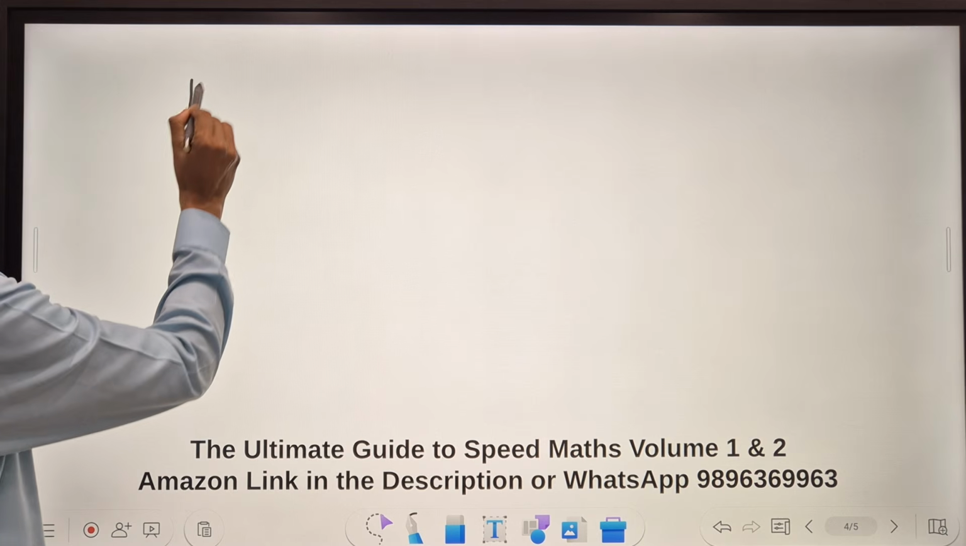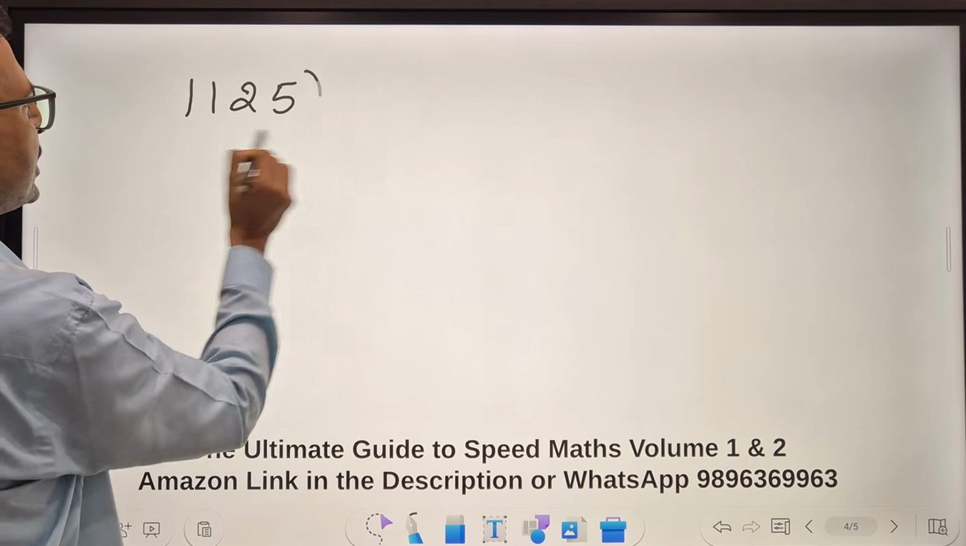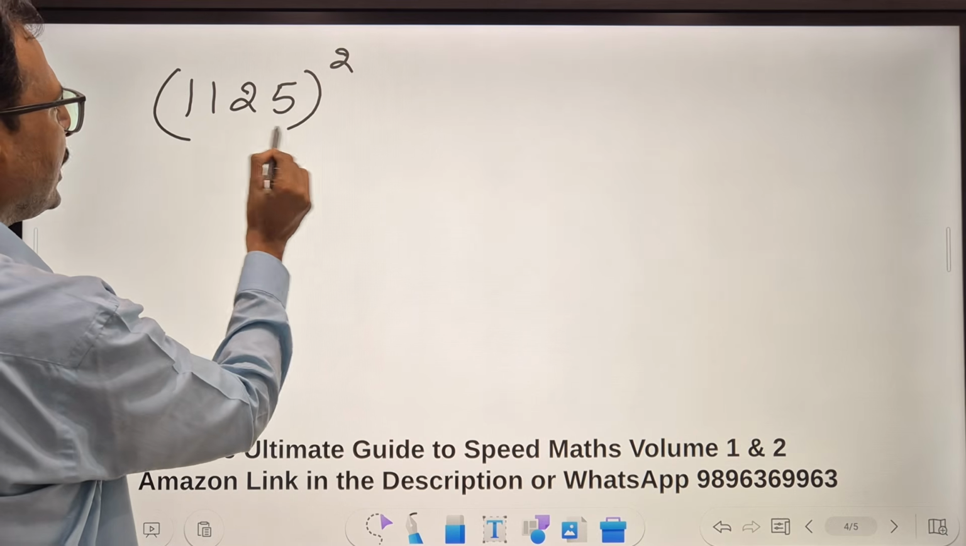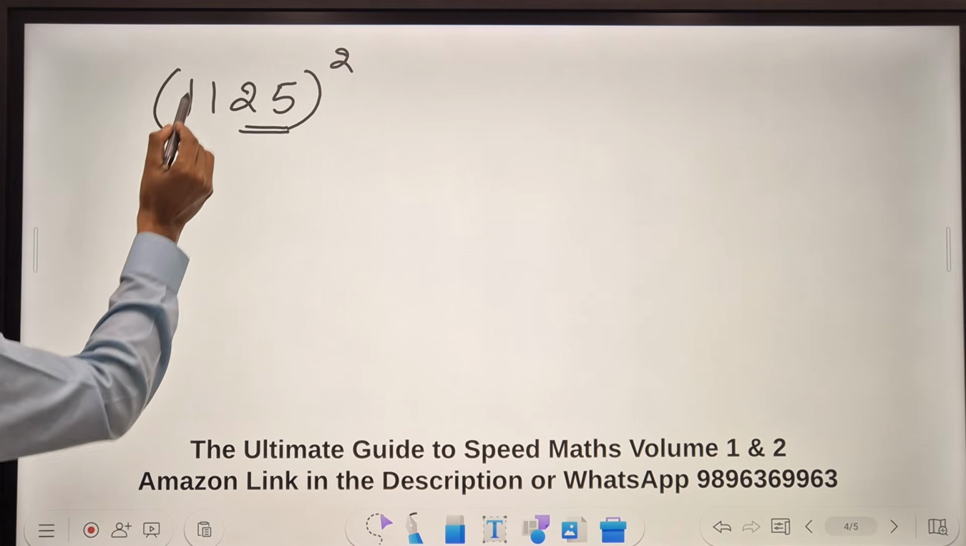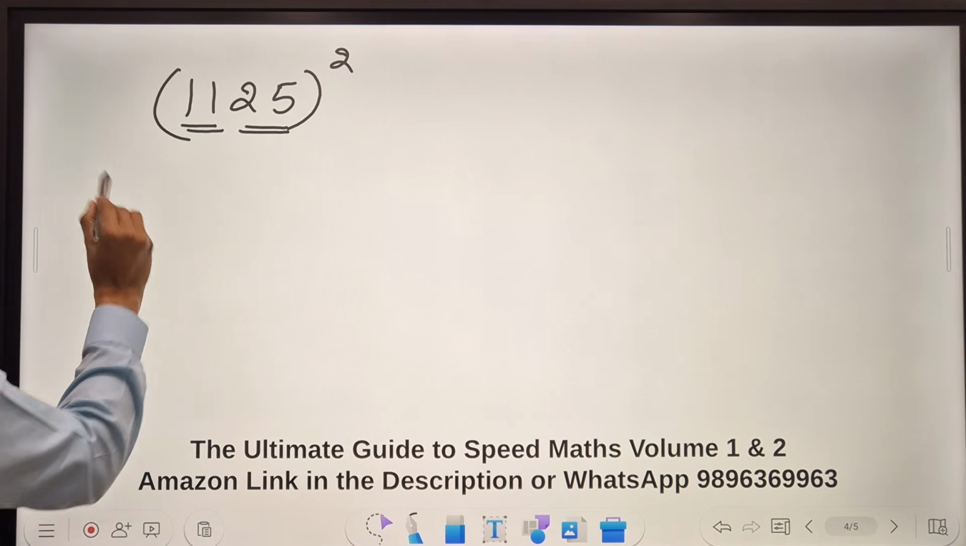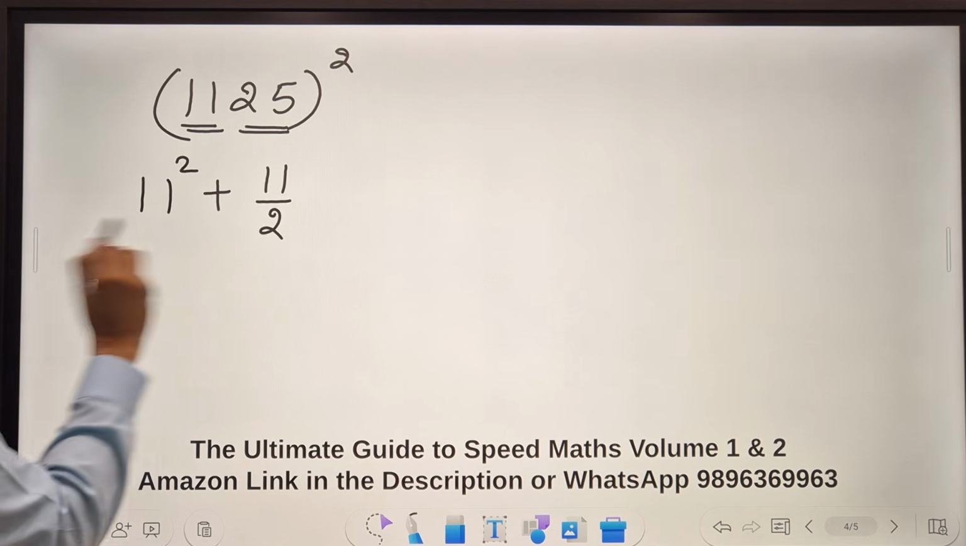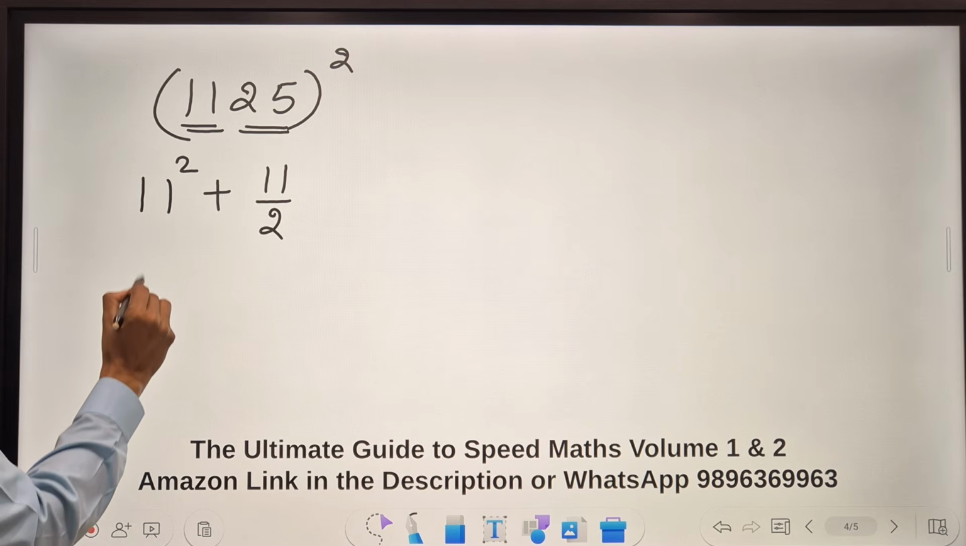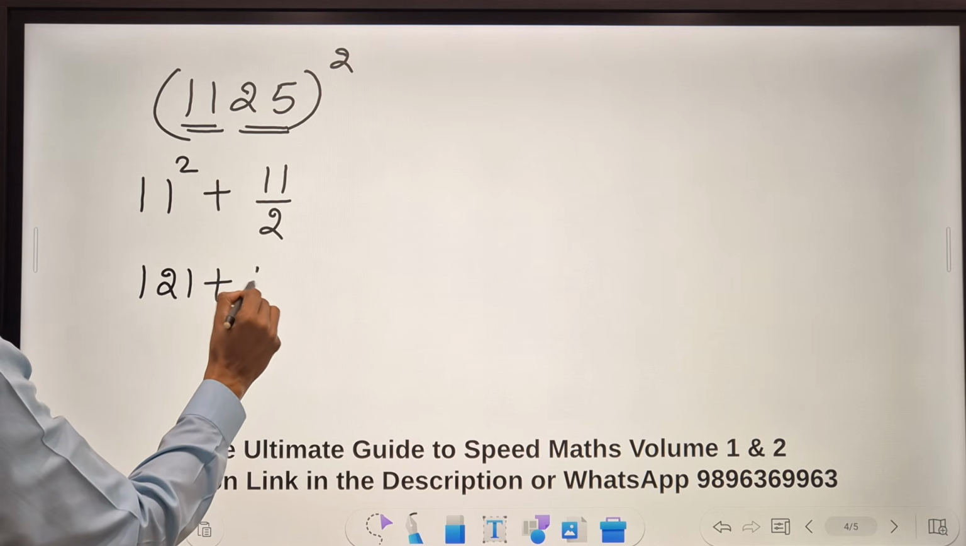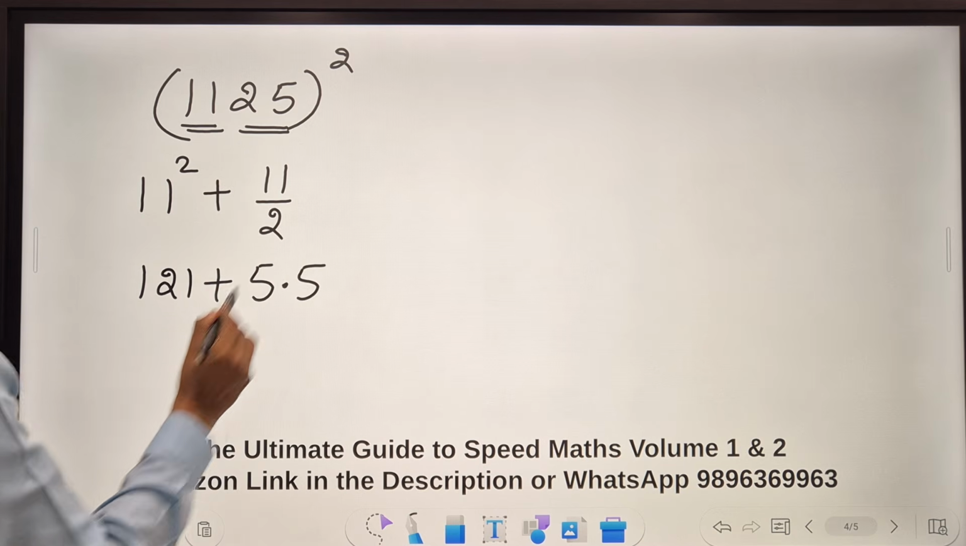So let's take an example of 1125. I want to do the square of this number. So 25 square is 625, that will be there. Apart from 25 we have 11. So I want to do 11 square plus half of 11. Now this is the trick. So 11 square is 121 plus half of 11 is 5.5. So I get